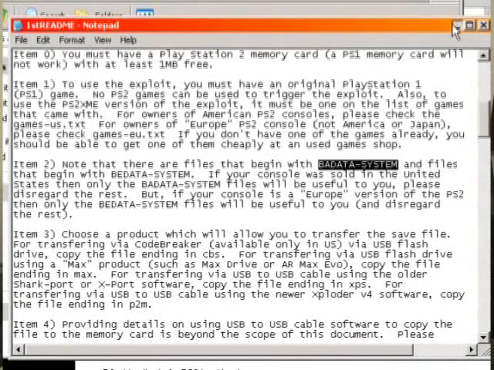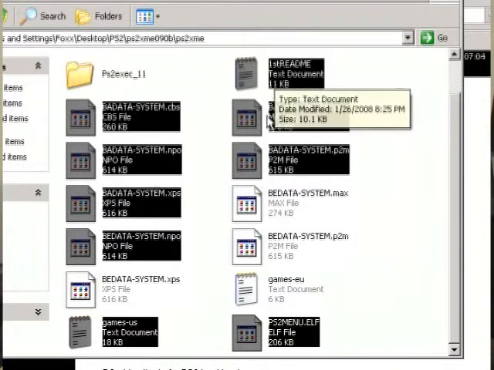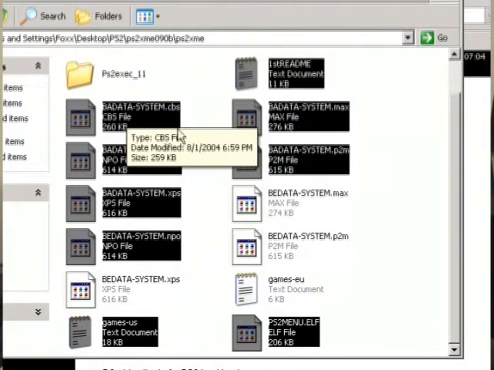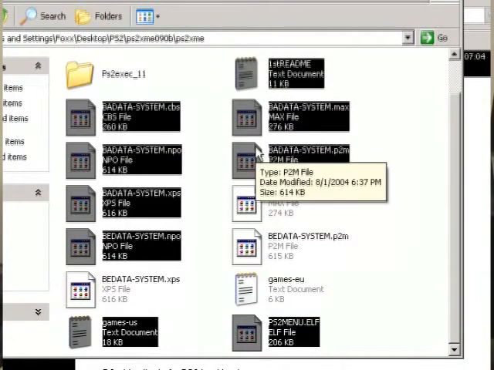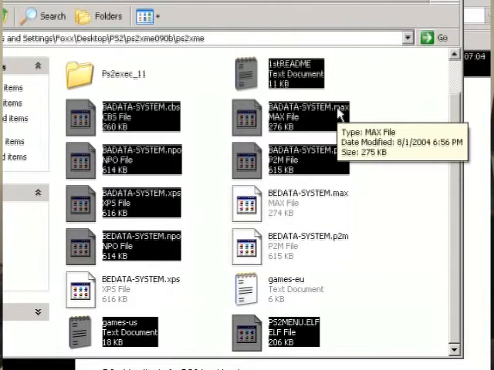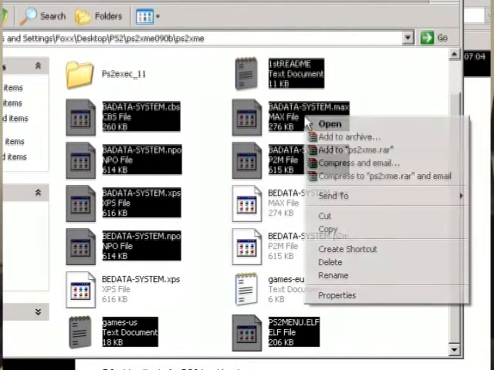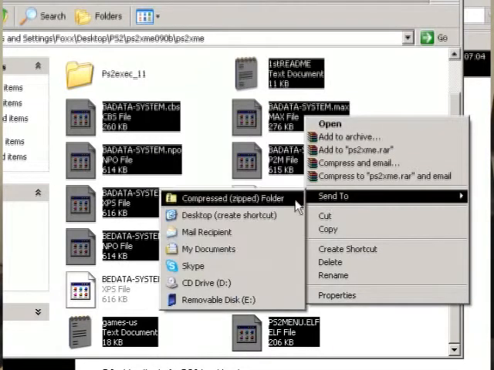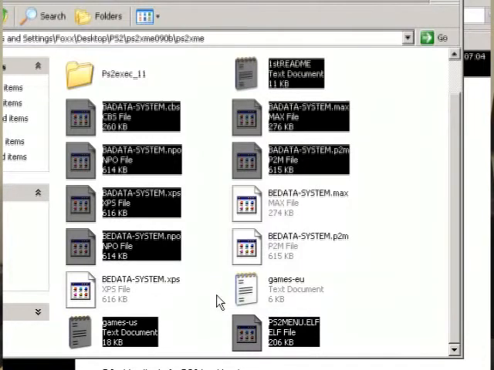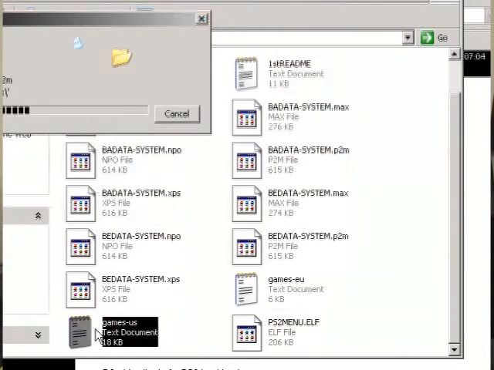So we're going to go over and we're going to copy over the BA data system files. Now depending on which way you're going to get it, like I'm using the Action Replay Max, so I'm going to need the Max files. But, just in case, we're going to copy everything over anyway. So we're just going to send this straight to my removable card. And there's also games-us and